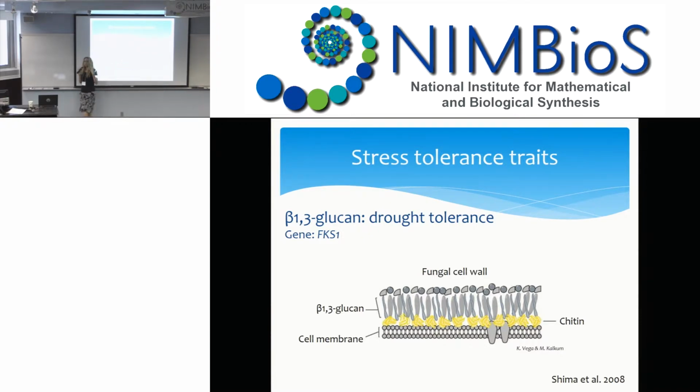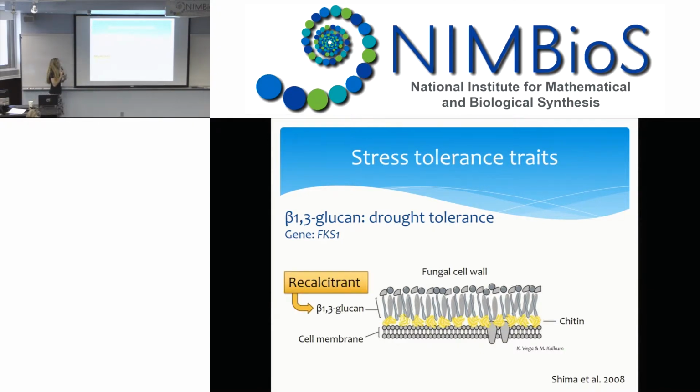Now, what it does is it basically strengthens the cell wall, if it's incorporated. And we know that this helps improve tolerance to stress, especially drought tolerance. Shima et al. 2008 had a really nice paper where they looked at wild-type fungi and the mutants that lacked the gene to make this compound. And the ones that lacked the gene were much less tolerant of drought. They could only tolerate drought about a fifth as much. All right, so this could be an important trait for stress tolerance. And again, we know the gene that encodes for it, luckily.